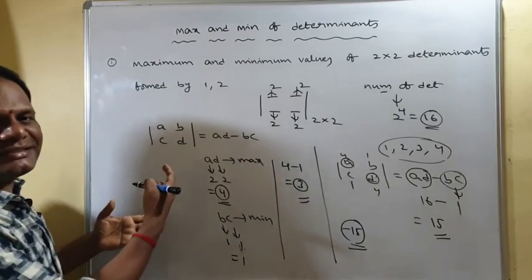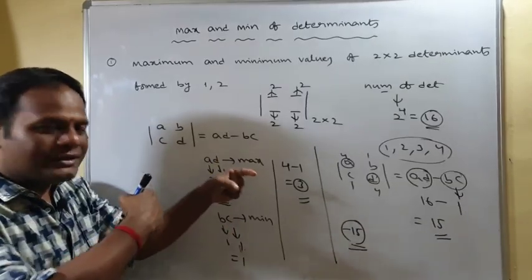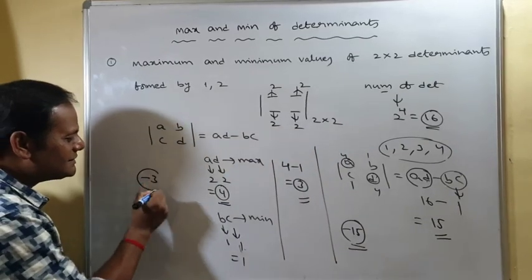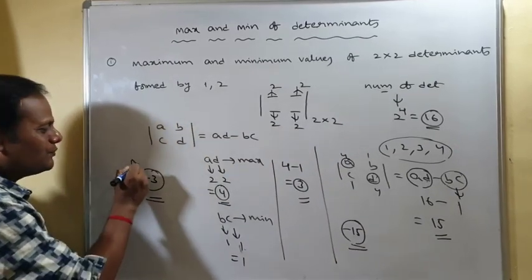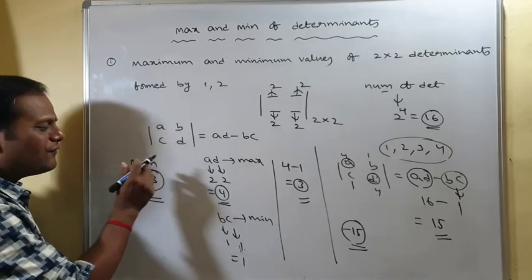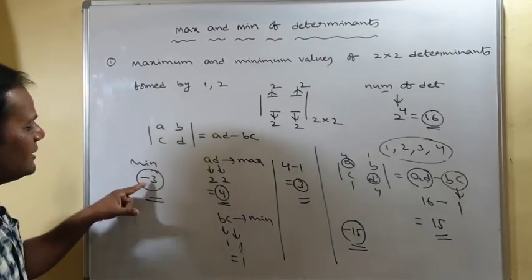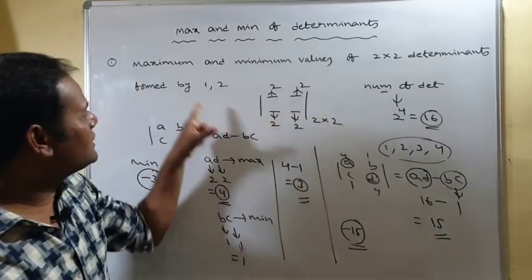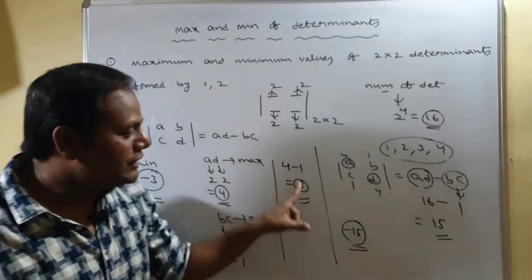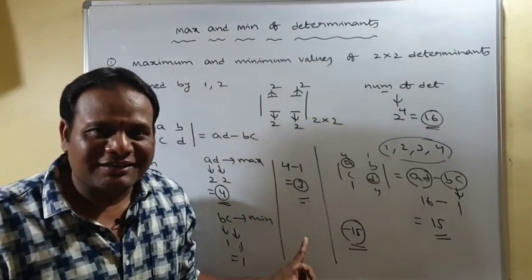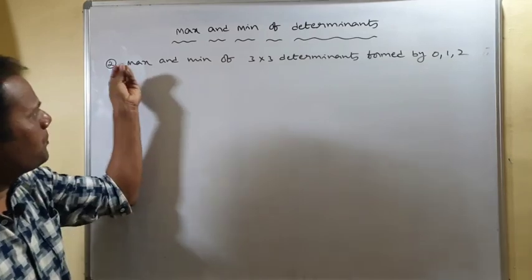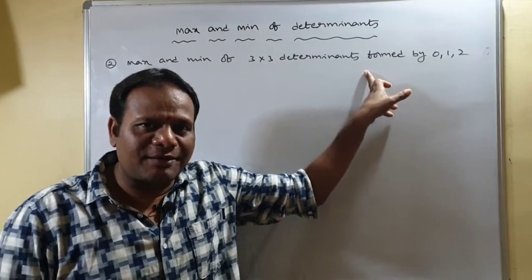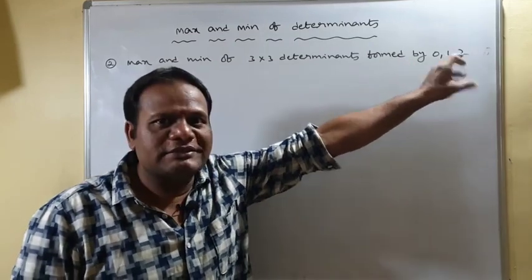Yes, if you interchange those two rows in that determinant, automatically you can get minus 3, is it? So the minimum of all the determinants is minus 3. The maximum value of all the determinants formed by 1 comma 2 is 3. Is it clear? Coming to next, maximum and minimum of all the 3 by 3 determinants formed by the elements